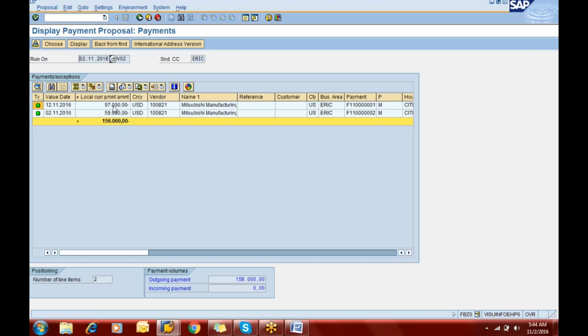So here we can see that out of 1 lakh, the system will only process 97,000. What about the remaining amount? So this 3,000 will go to the cash discount GL. This calculation has been done by the system automatically. And along with this, the system has also found another invoice of 59,000 which is overdue and which will be processed in this